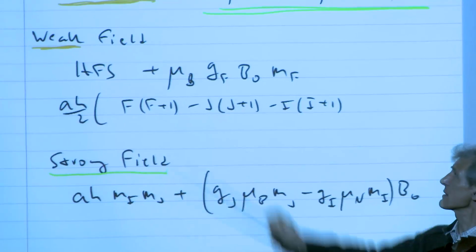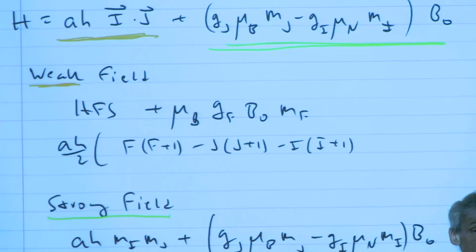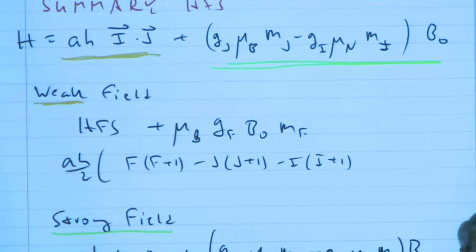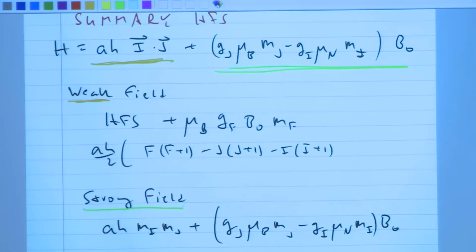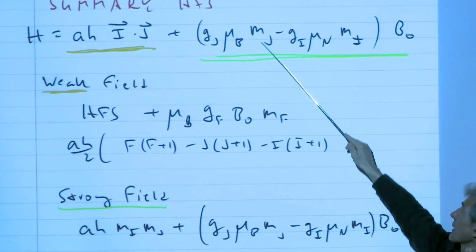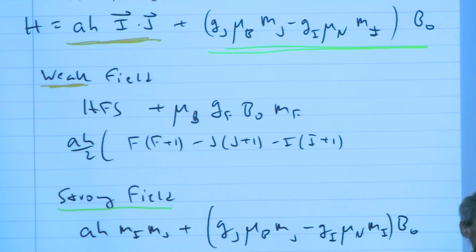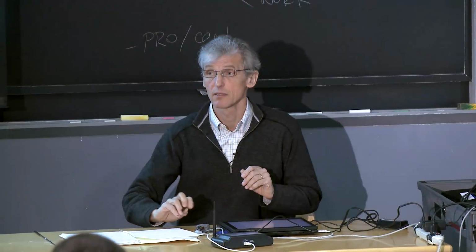Whereas in the previous case, we said I and j strongly couple, and when I and j strongly couple, f becomes a good quantum number, and that means I and j both precess around the axis of the total angular momentum f, and therefore we say I and j couple to f, and then we solve the coupling of f to the magnetic field in a second step. But I hope you see that there are two limiting cases. We can exactly diagonalize one term, and then we perturbatively add on the result for the second term.